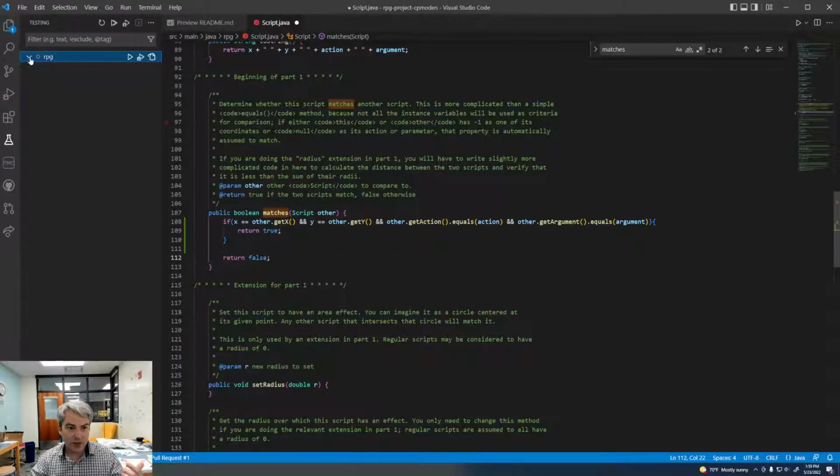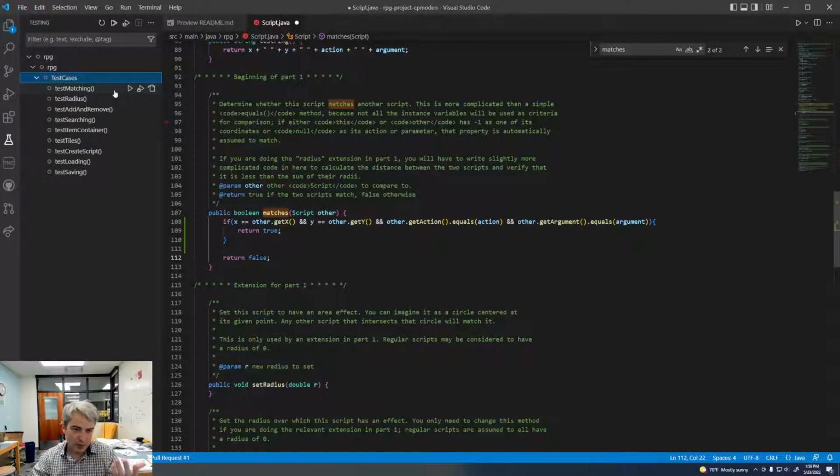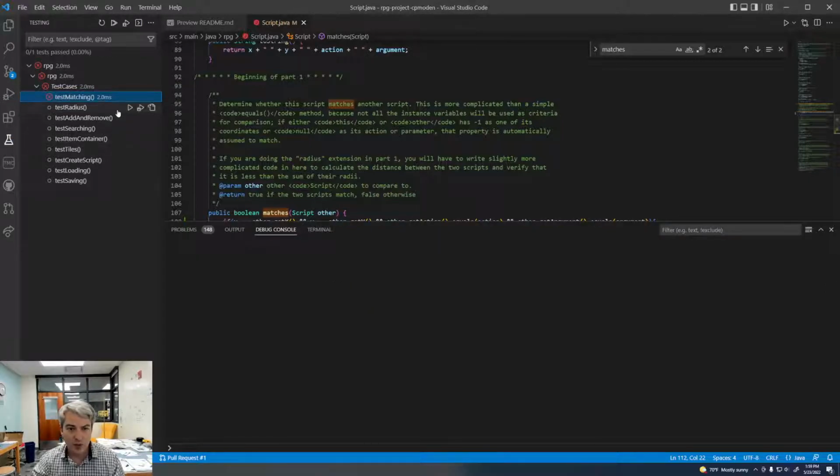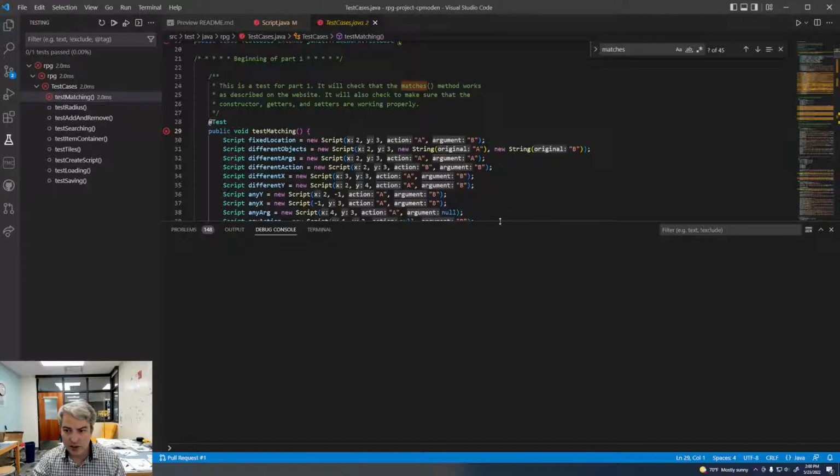This has a bunch of tests already built into it, and we're going to find the matching test. Well, in this case, the matching test is actually called matching, and we'll run that. So we can just run it, and we'll check and see, was I successful or not. If I want to look at the test, I'm going to click on this button to find that test, because it's going to tell me in here